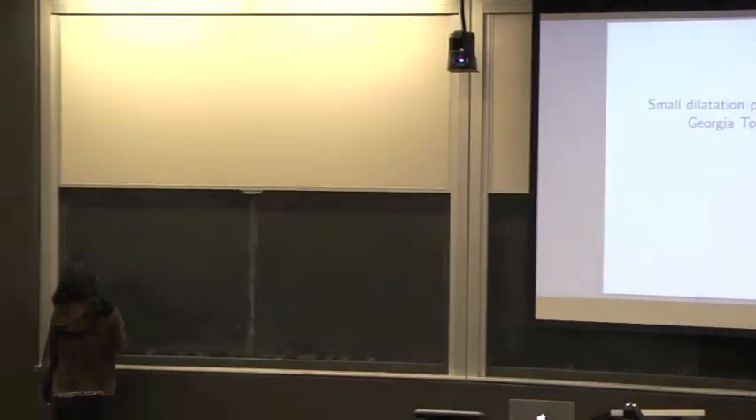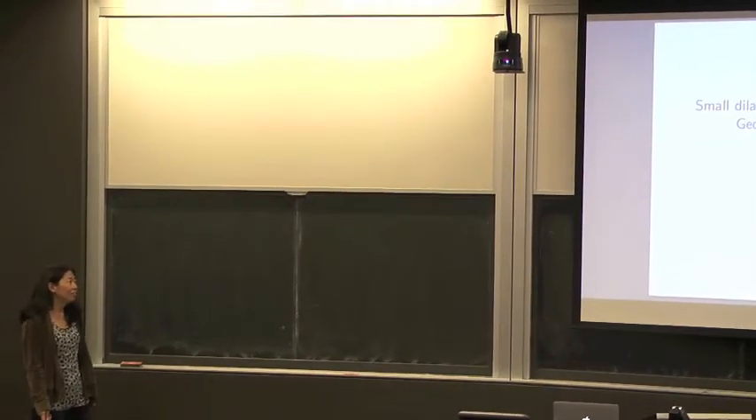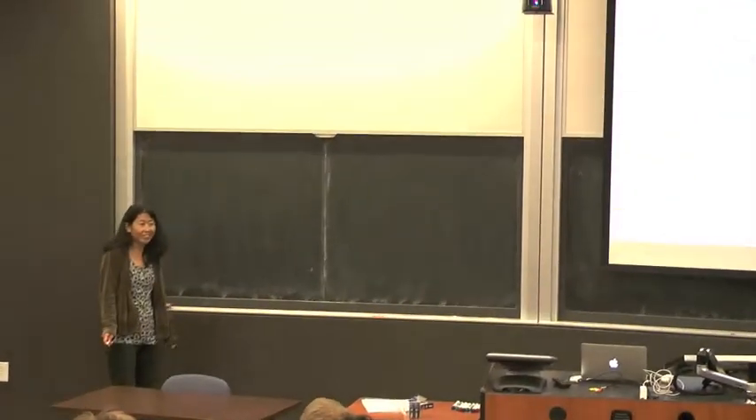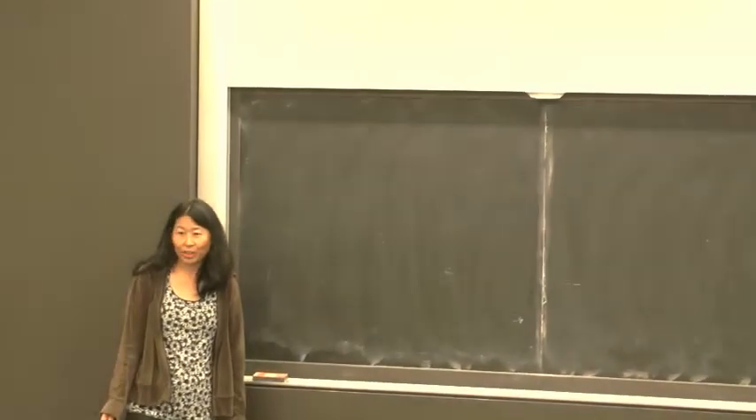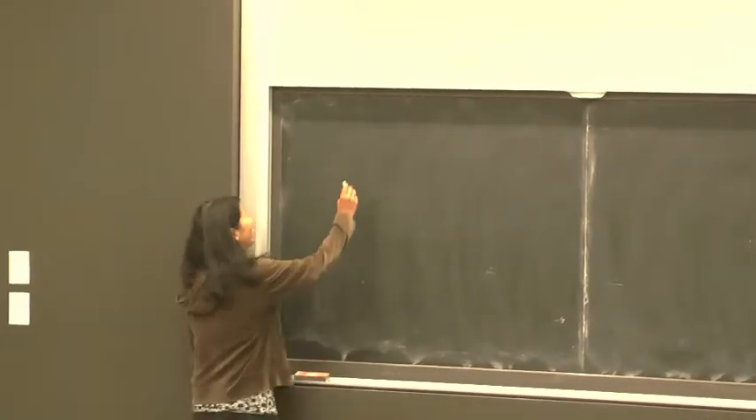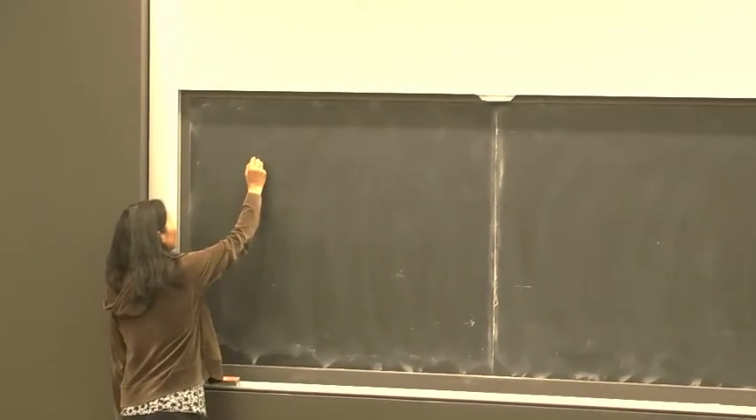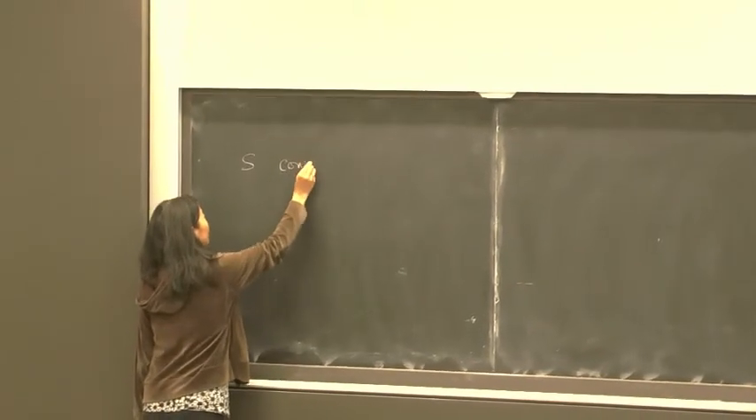So the question is, what do small dilatation pseudo-Anosov mapping classes look like? Let me just remind you, very quickly, what a pseudo-Anosov map is. Maybe I don't need to do that, but okay. So first, let S be a compact